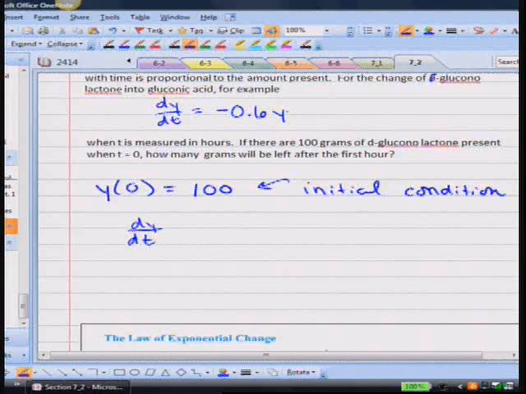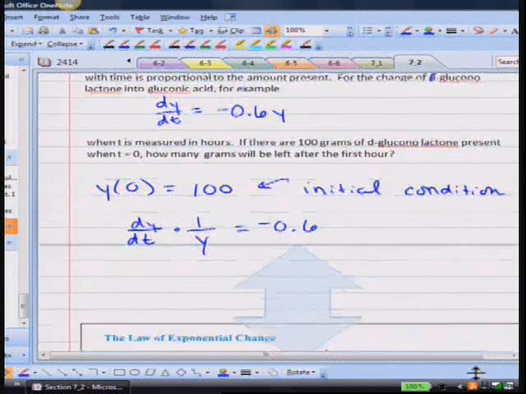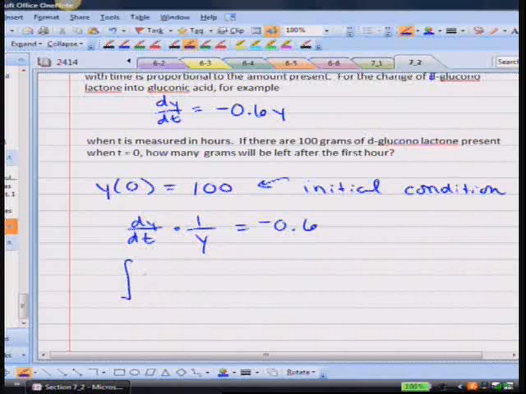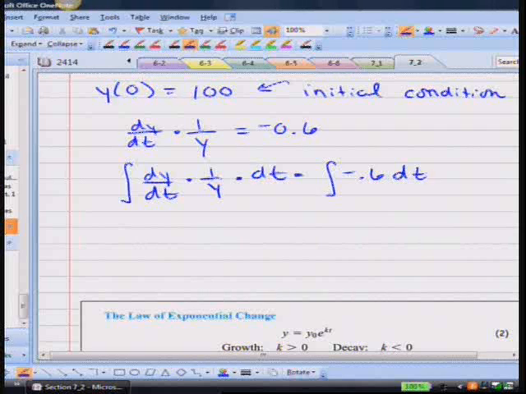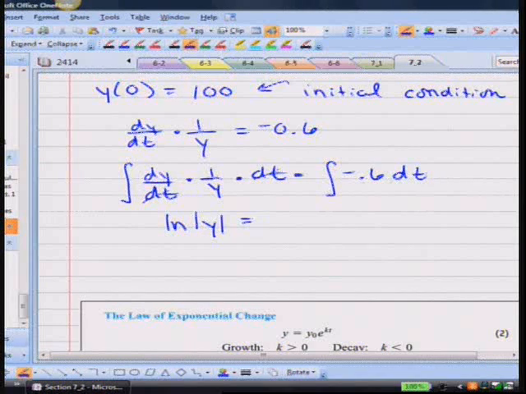I'm going to solve it for y. If I divide both sides by y, I get that, right? And then I'm going to put the y over here and set that equal to the proportion. Now what I can do is integrate both sides. If I integrate this dy/dt times 1 over y with respect to t, and I integrate this side with respect to t, notice that the dy/dt's cancel, so you're just left with 1 over y dy. That antiderivative is just ln y. So I get that the ln of y, and we have to put the absolute value, is equal to this antiderivative, which is going to be